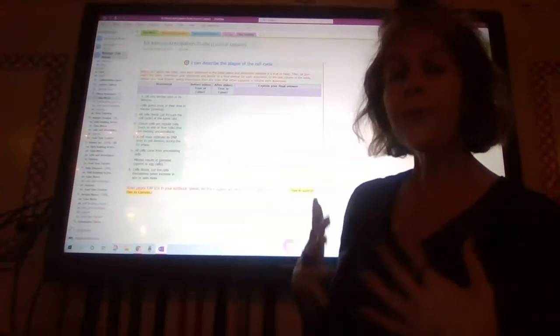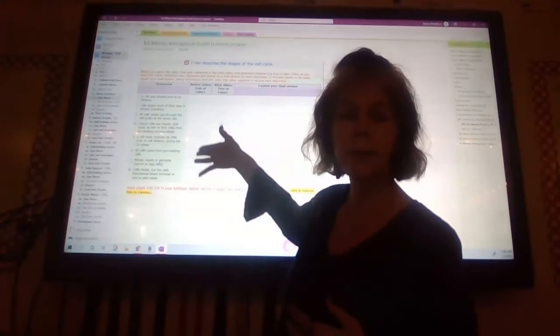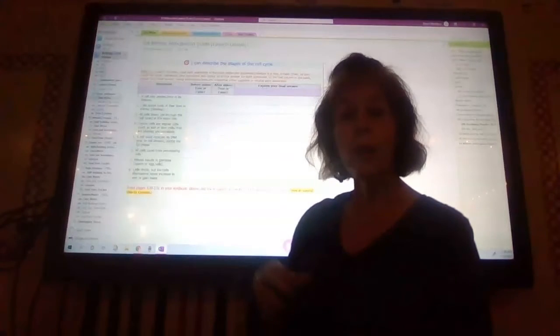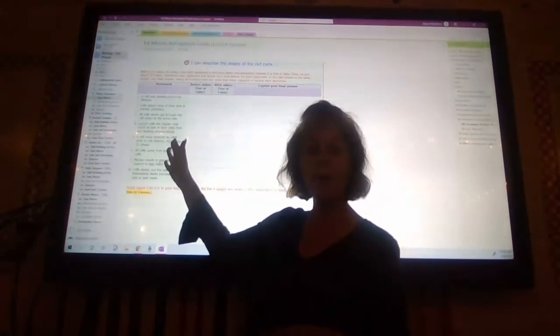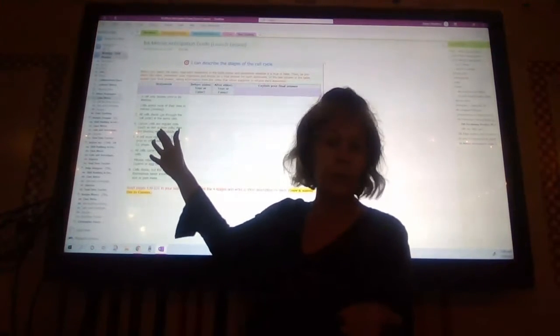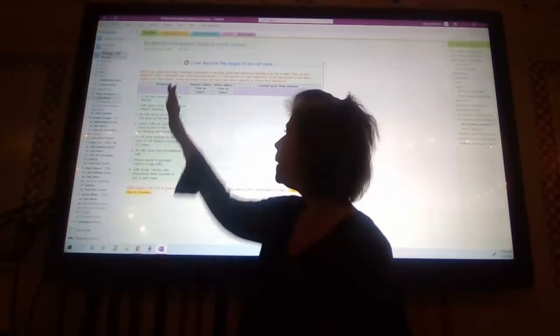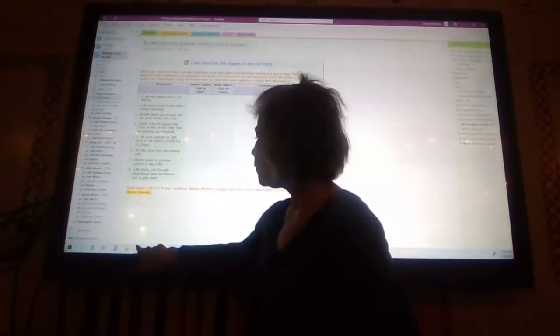Okay, so your first step is to go through your anticipation guide and put a T or an F. Is the statement in this first column, do you agree with it? Is it true? Put a T. Do you disagree? Put an F. Okay, then what you need to do